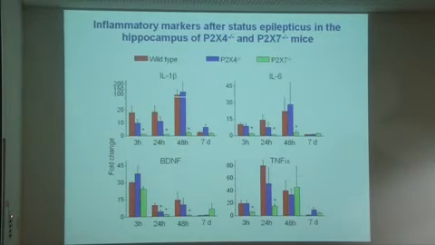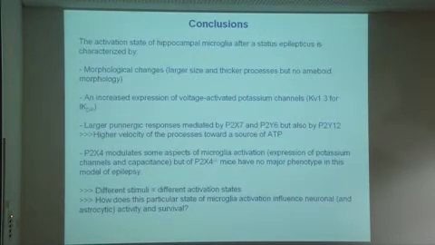So this is where we are now, and by looking at the neuronal changes that occur in this animal model, we expect to be able to identify some important markers, and of course we will focus on the signaling of IL-1 beta to see how microglial cells can in fact impact the activity and the survival of neurons.